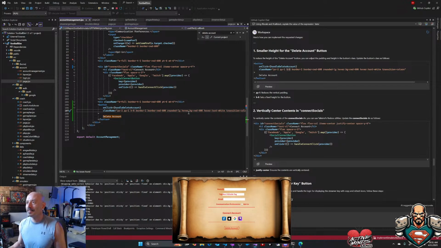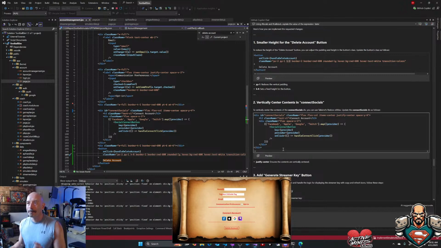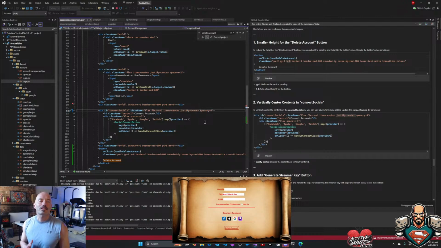Vertically center contents in the socials. So this is what I wanted to put in here as well. We have connect socials. I'm pretty sure all we're doing is updating this. We have flex, flex col, items center. We're adding in justify center. Now here's the thing with justify, or even a lot of ways that things are set up: there's so many. There's align, there's justify, there's even just doing things like items center. It's so convoluted. And then if you're doing it via Tailwind,